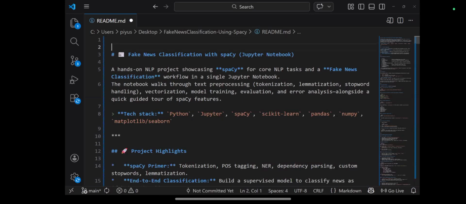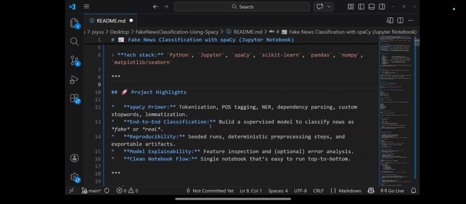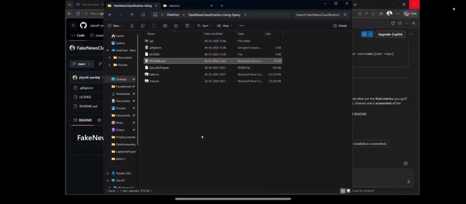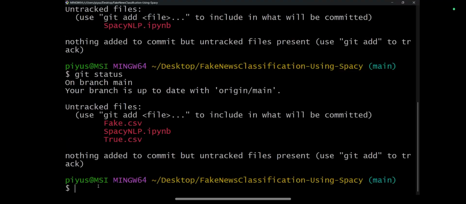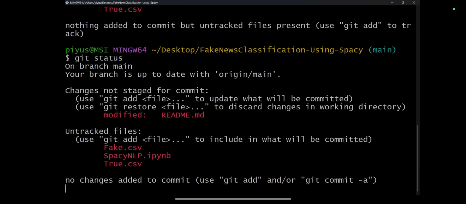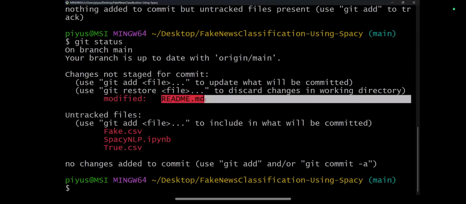Now what I have got is a file that is having all the things. Let's save this file. I saved this file. I did Control S. I'll close it. I'll go to Git Bash again, and I'm just going to check the status again. Now what you will see here, it is saying modified. What I have modified? I have modified readme.